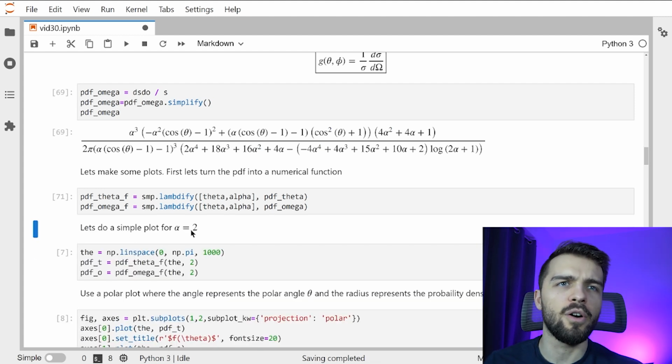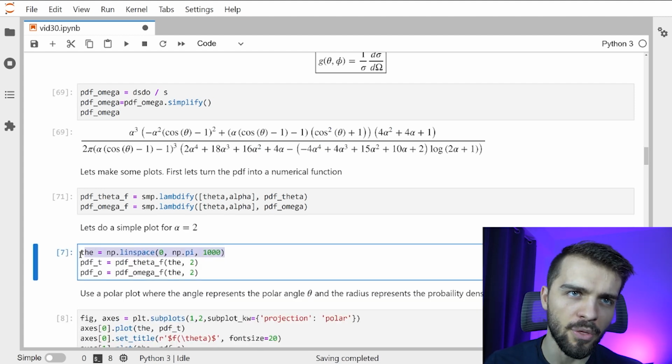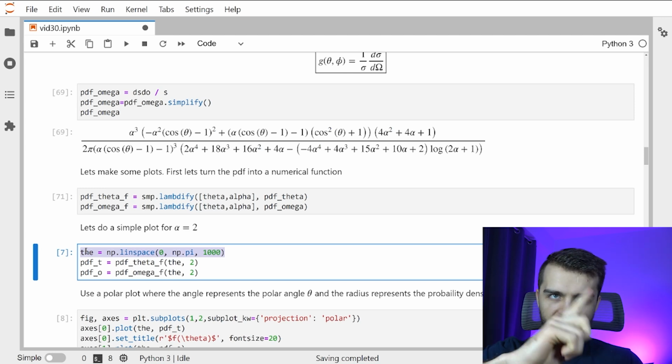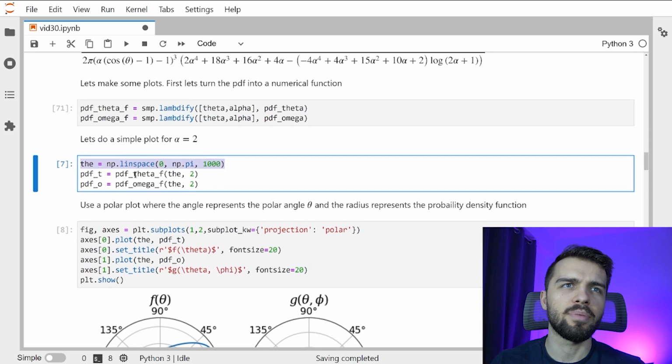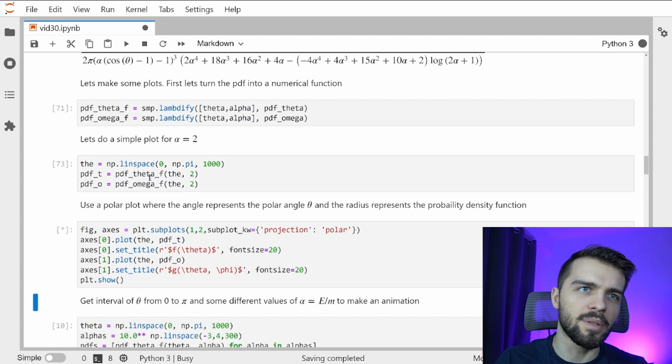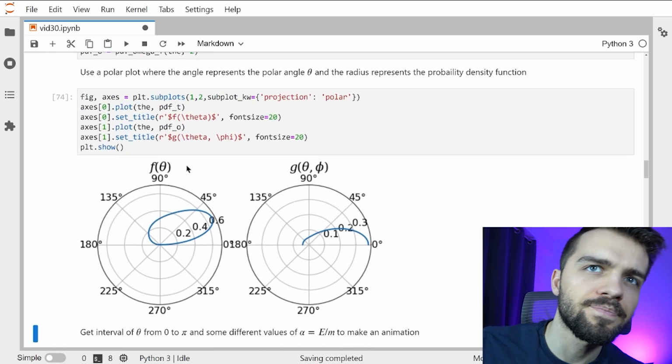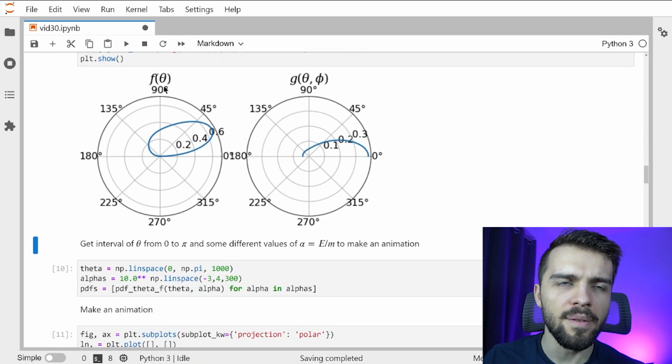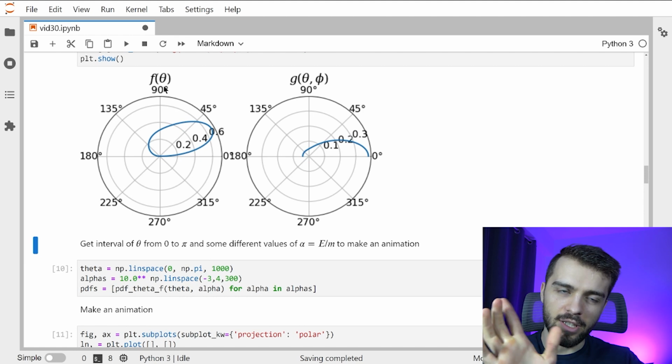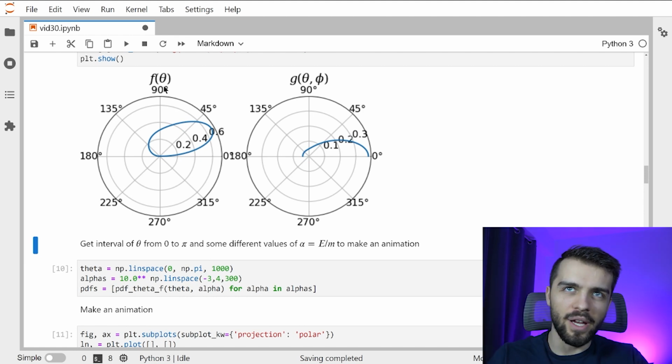So let's do a plot for alpha equals 2. So I'm going to plot theta from 0 to pi. Those are the angles that it can take. And I'm just going to plug in PDF theta f, which is my function here, and alpha equal to 2. So theta and omega. And let's actually see what the plot looks like. So here's f of theta. That's the probability density of scattering at the angle theta,